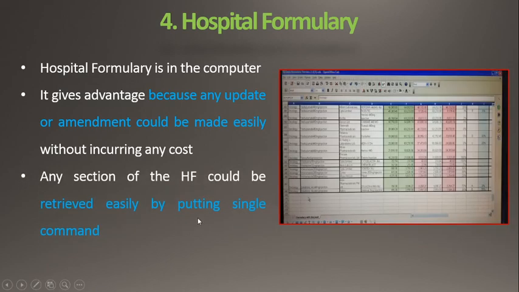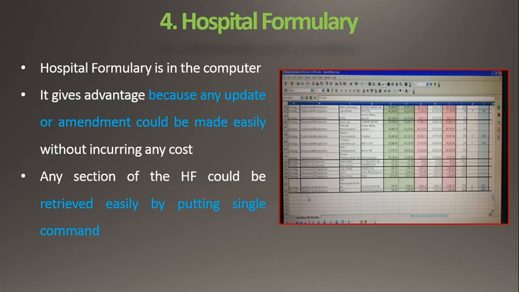As well as, if we want to get information from the hospital formulary, any section of the hospital formulary can be retrieved easily by entering a single command. This can be done only if we are using computers. Any data from the hospital formulary can be searched with the help of the Control plus F button, that is the Control Find button.